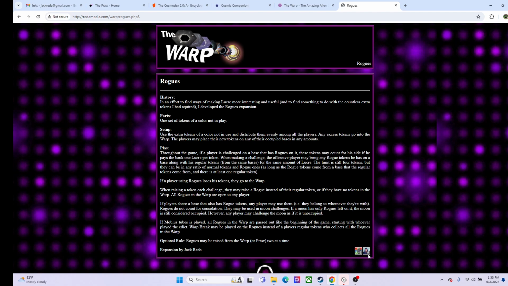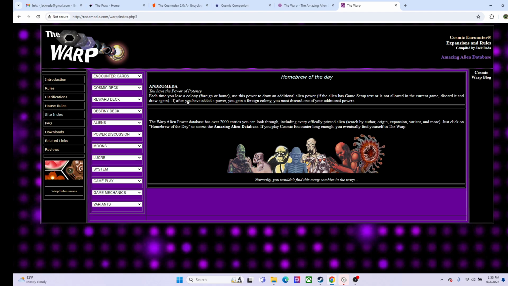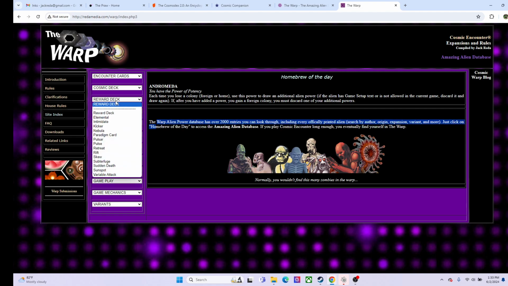It was suitable for Eon and Mayfair. And so it's a way for you to use an extra set of tokens. This actually would work for Fantasy Flight as well. You would just need to have an extra set of ships, which I do have. But it's also organized by, like, I'm interested in encounter cards. Well, you've got all these different types of encounter cards, some of which are like the Morph. That's a Fantasy Flight thing. Defend is a homebrew idea. Same thing with Antibody. And then just the different things that could be in the Cosmic deck, different reward deck